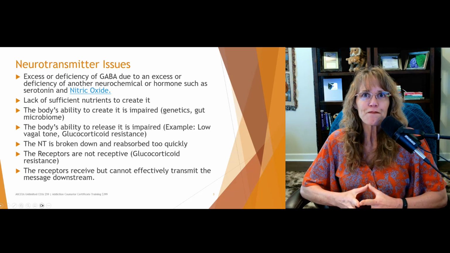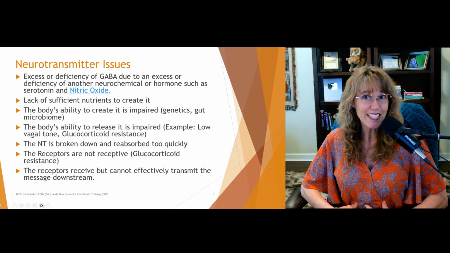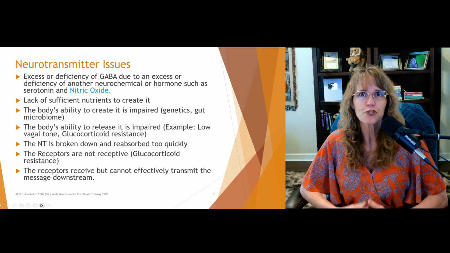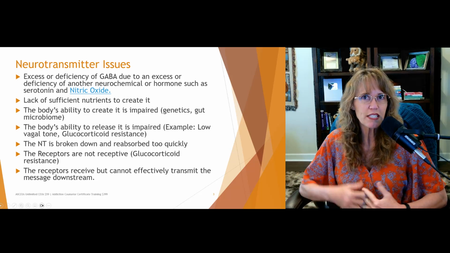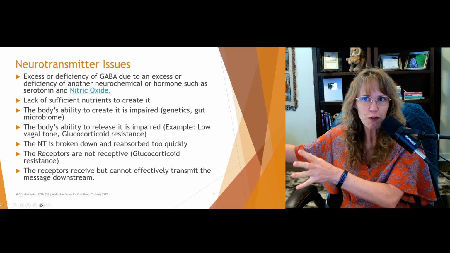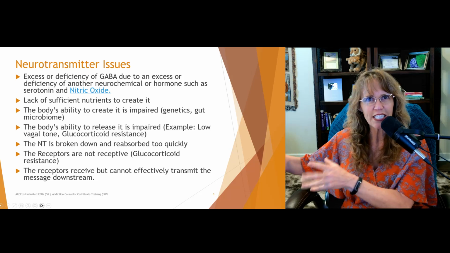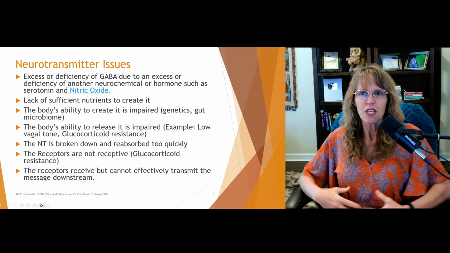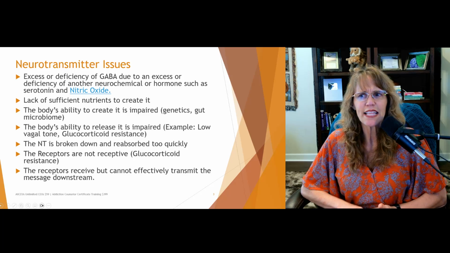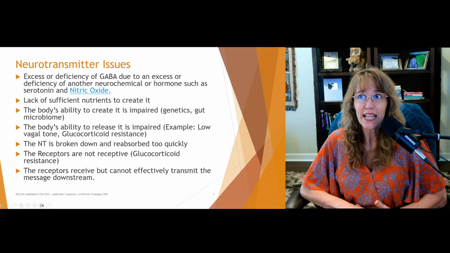Or the gut microbiome, we know, changes under stress, so it makes different neurotransmitters and different hormones to respond to the stress, which means that the hormones and neurotransmitters for relaxation and recovery are not being made. That being said, there's a lot of things that can alter the way the body processes and makes